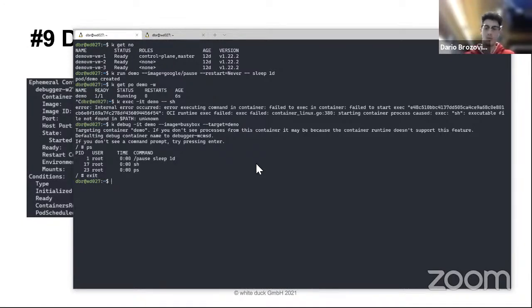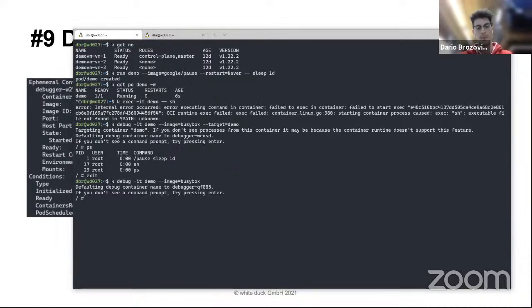So if you need to do some additional troubleshooting afterwards, then you would have to create a new one. It is also possible to create the containers without this parameter, but in that case, we would not be able to see the processes. But maybe you don't need this. Maybe you have other debugging tools that you need, like, I don't know, curl or ping,